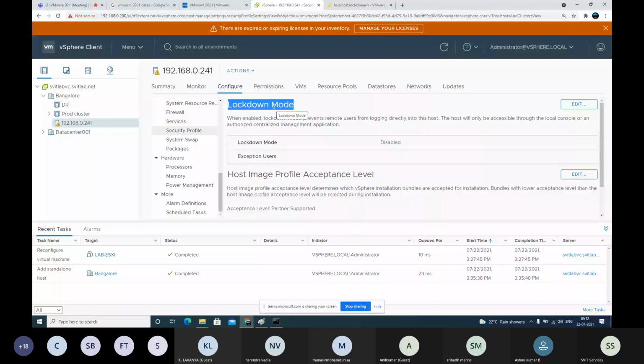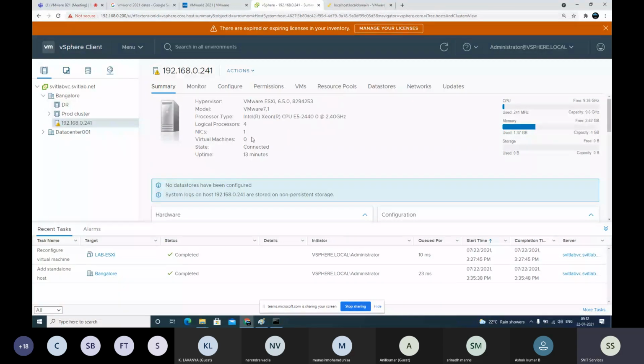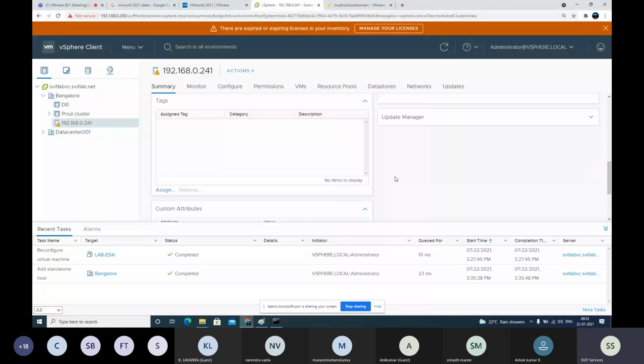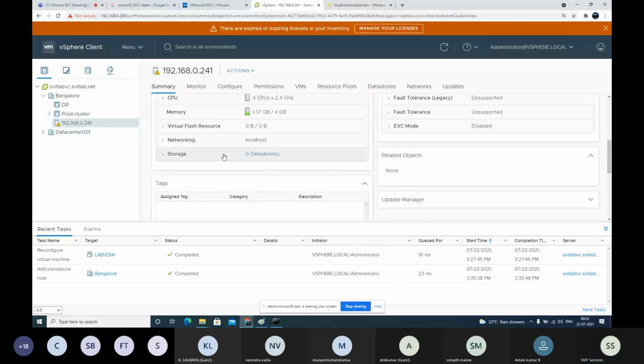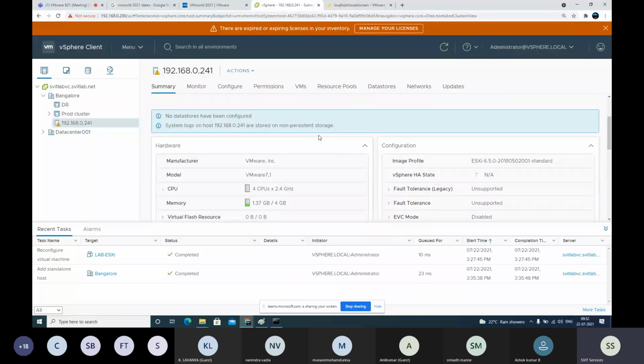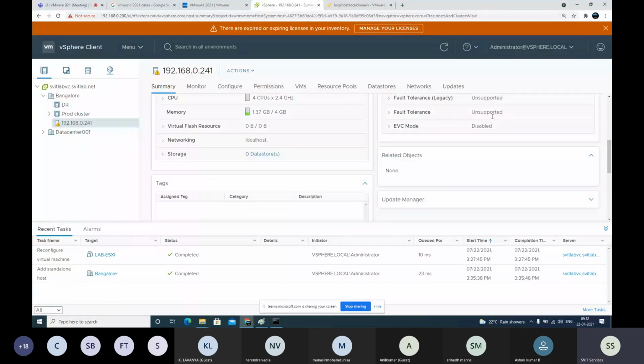Okay, I might be explaining some important interview points of view and day-to-day points of view, but you try to explore more. Summary tab, I might have explained only these things, but you go back, like in the bottom, see what it means. You just try to Google it. What are custom attributes on the ESXi summary page? What is the advantage of it? Okay, so like that you just explore learning options.